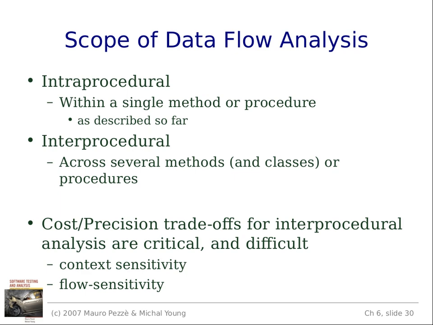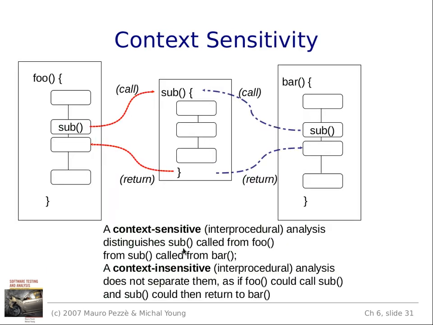Lastly, or at least I hope this is the last thing, we need to talk about what happens when going between different function calls, because that adds a new layer of complexity, as well as some cost and precision trade-offs that come with context sensitivity and flow sensitivity. So real quickly, if you have a function, maybe it's inside of a loop, and it calls some other function that returns, maybe this has another loop inside of it, you need to do that type of analysis. How are we going to do the analysis of that? Well,